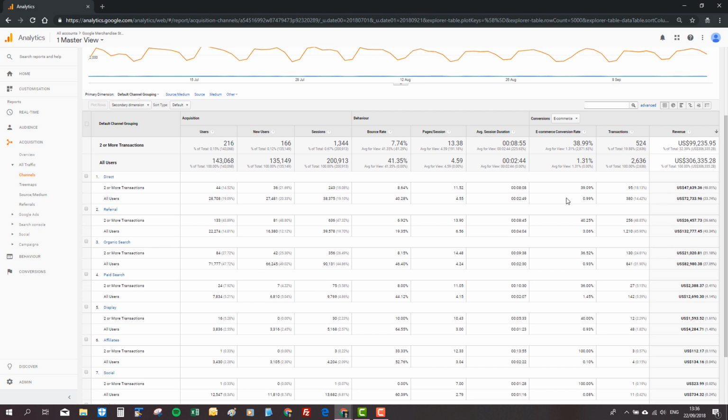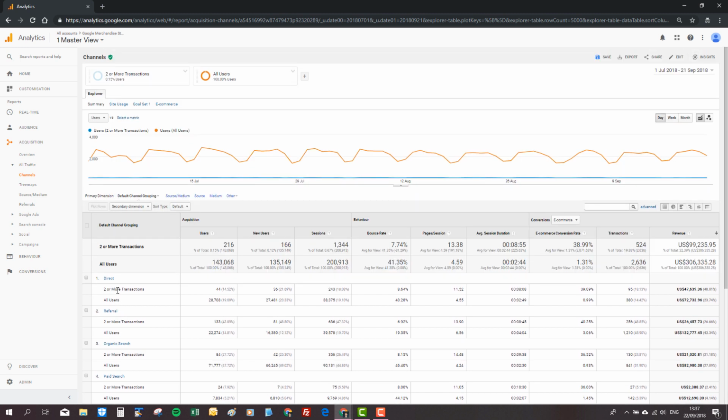So let's look at what drove 2 or more transactions. We've got direct drove the majority of 2 or more transactions, and equally a good load of single transactions, but referral drove the majority of single transactions and second here. So we're able to see that people who come in direct have a higher tendency to purchase than people that come in on referrals. Likewise, this goes down with organic search and paid search. We're able to segment and understand up to 4 different custom dimensions here to understand our data and how it